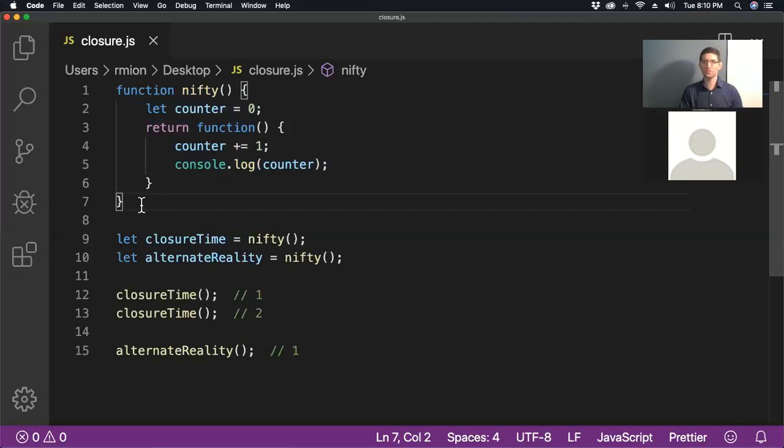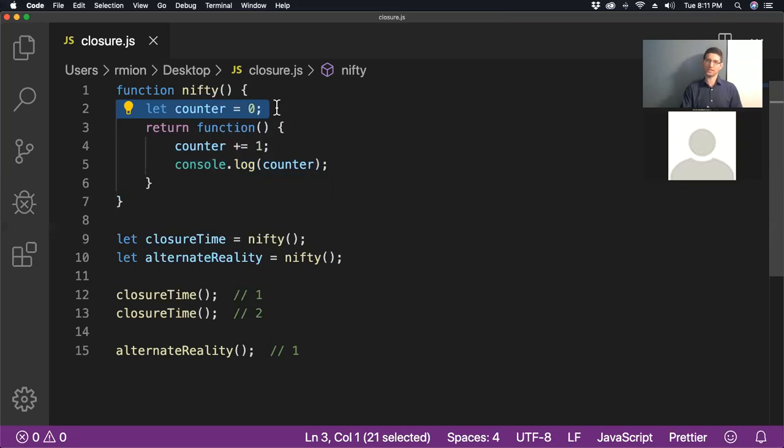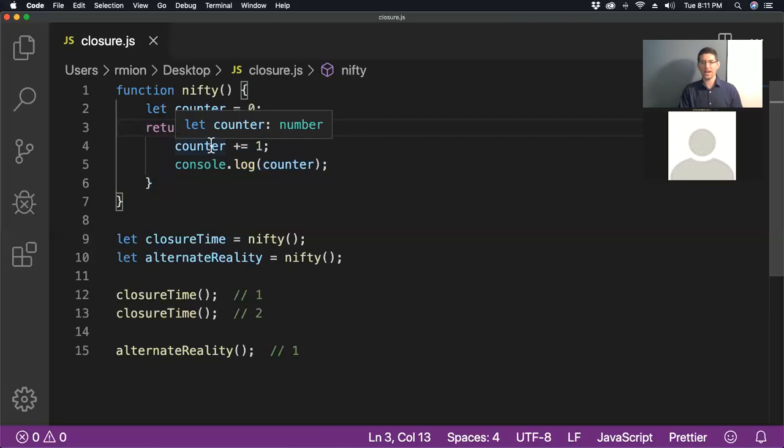So anyone coming to this should think, when Nifty is done running, I'm saving this, I'm returning this function, but this should be garbage collected, meaning it was only in the function and I don't bring it back, I only bring this back. So counter goes away, we would think, which would then lead me to believe when I call the function here, when I run line 12, and this function is run, why don't I get an error saying, I have no idea what counter is?